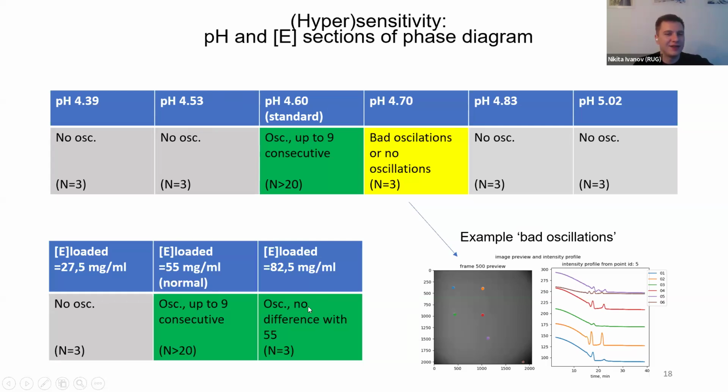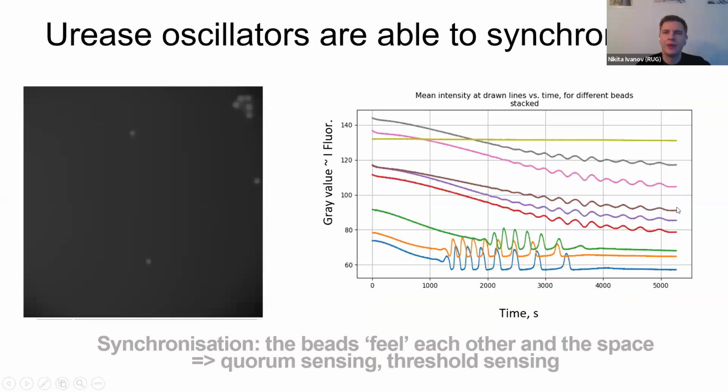The system is less sensitive to only one parameter, which is the concentration of enzyme. It's also according to predictions in the theoretical papers. This is the only parameter that can vary in a quite broad region.